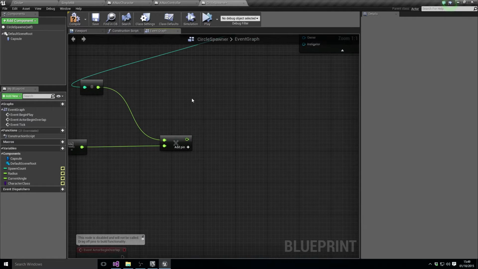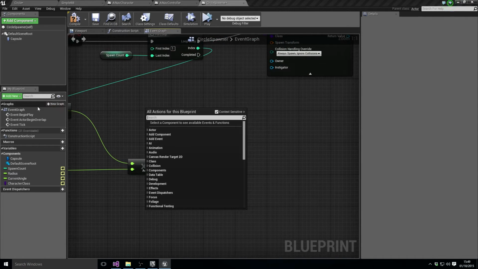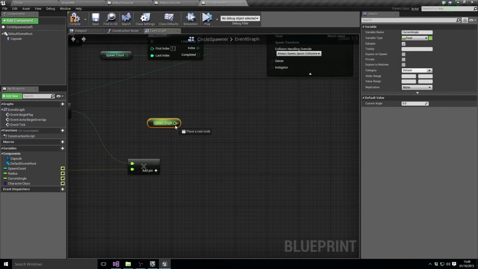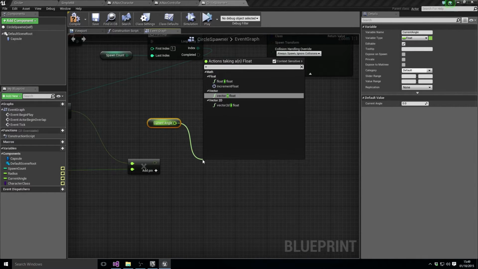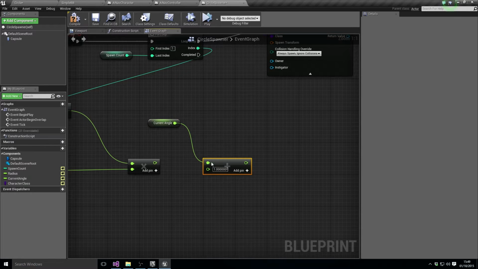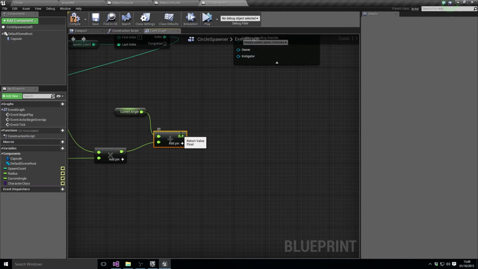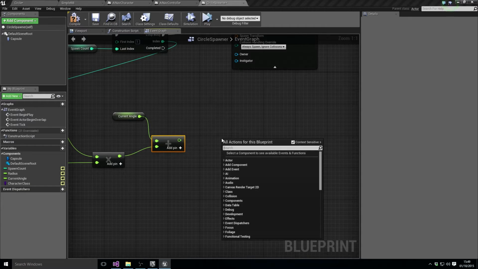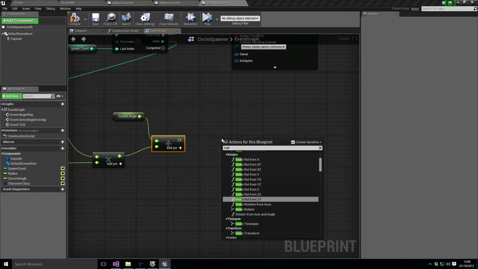Multiply those two together, and then we're going to say, okay, our current angle, add, and then that is going to make the rotation for a vector. So we go make rot,